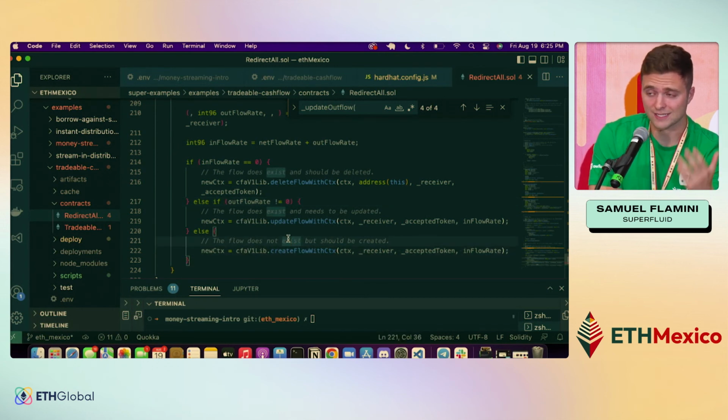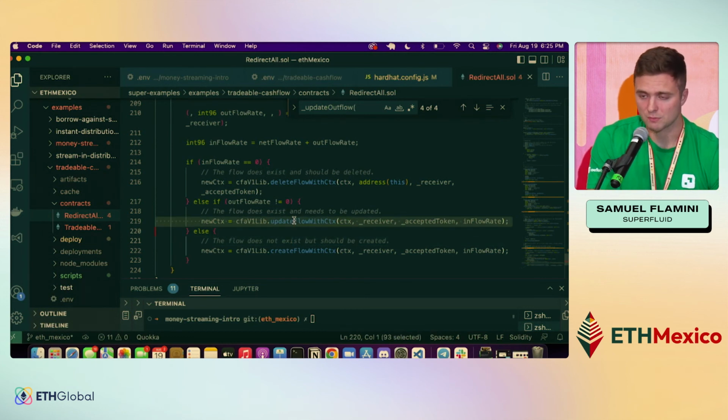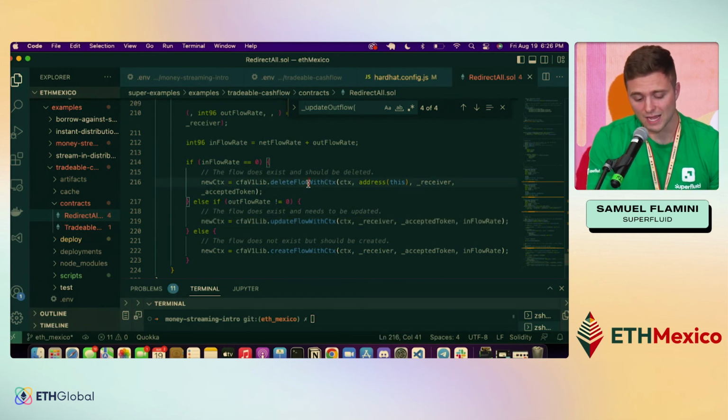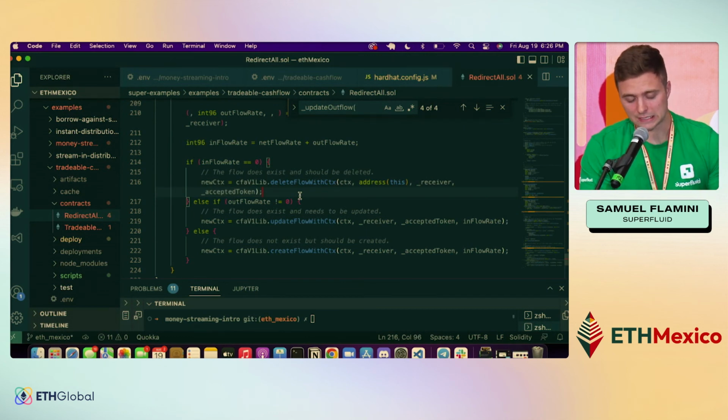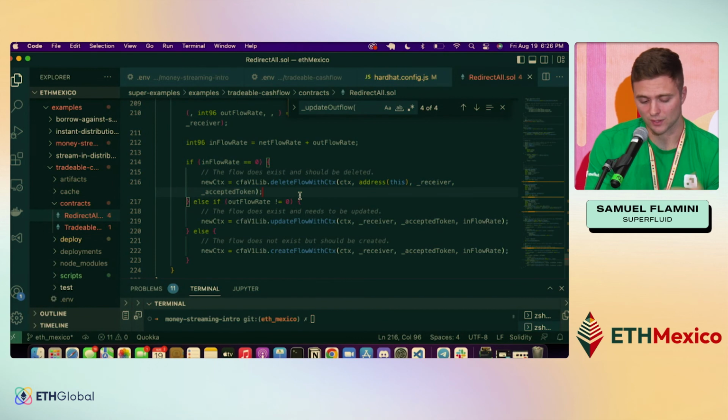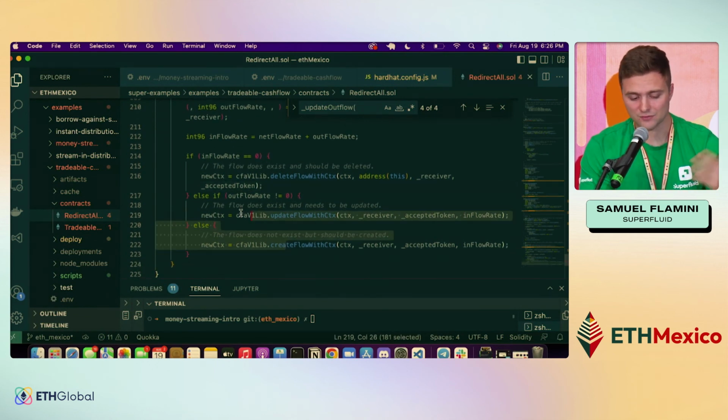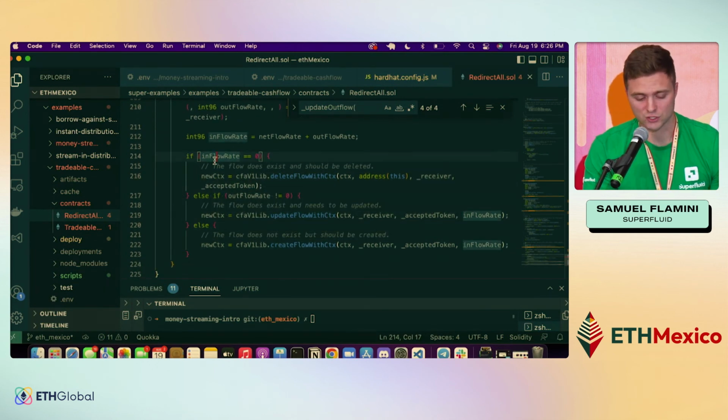If there's a stream already existing into the contract and the stream was updated, right? What we can do is just make sure that it's updated so that it mirrors the amount coming in, and we need to make sure that amount equals the amount going out. And in the case of a deletion, all we need to do is delete all the streams going out of the contract, right? So pretty simple, right? Simple if-then statements to get this really cool functionality.